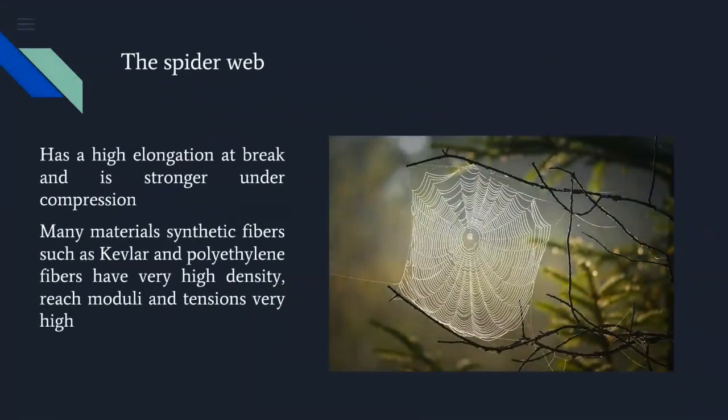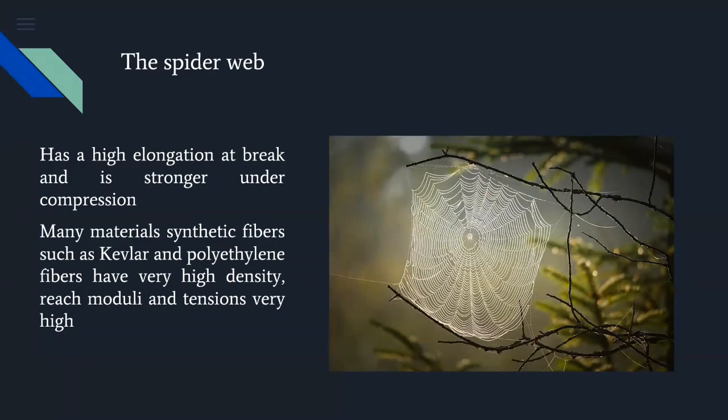The spiderweb, for example, is a natural biological material that has a very high potential and can be used in different applications for its properties. An example of this potential is that many synthetic fibers, such as Kevlar and polyethylene fibers, have very high density, very high moduli and tensions. However, being composed of very high crystallinity, these fibers tend to be brittle and not very strong under